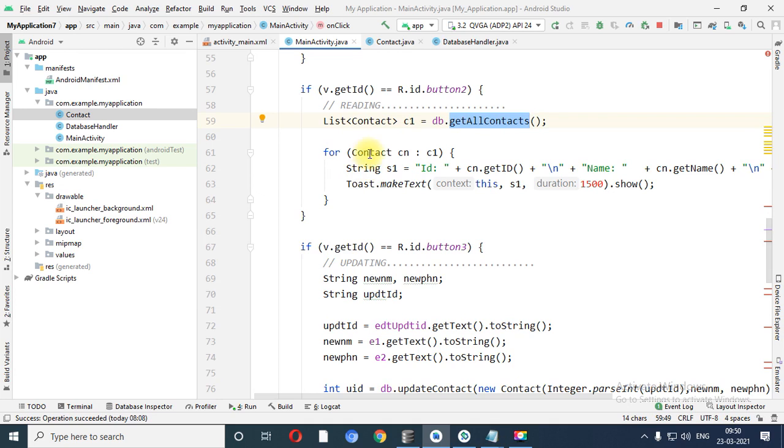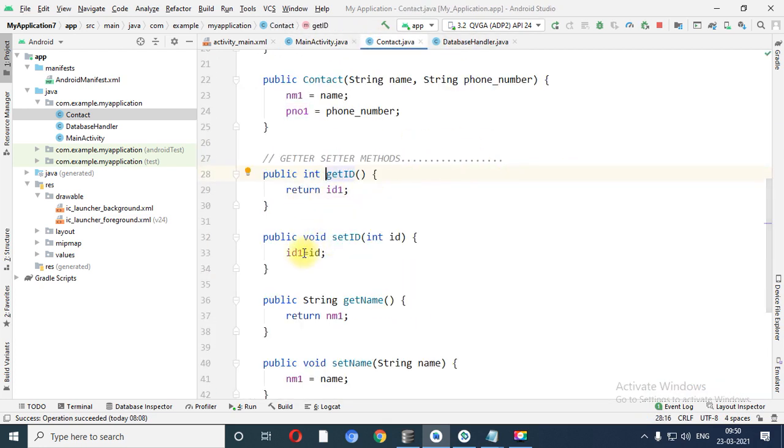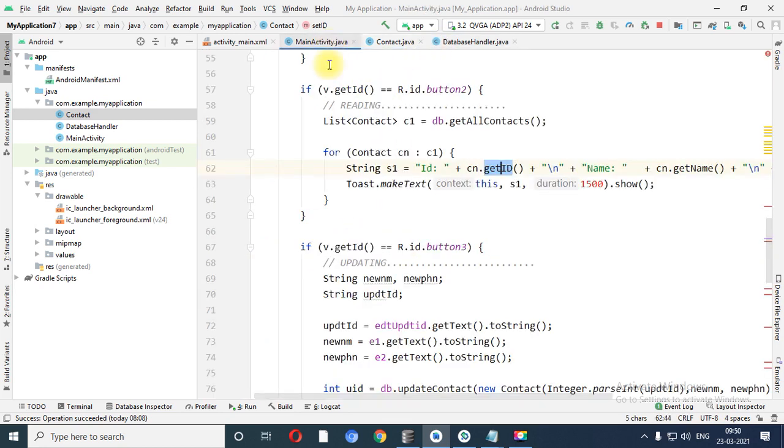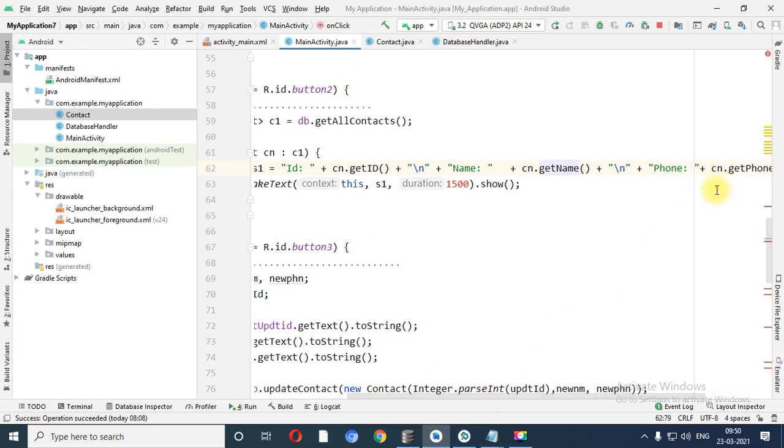Over here our data is returned in the form of list of contact. Now we need to copy each row into the cn, and cn.getId. Now see how it will return contact.getId. So ID is already set using setId. So 1 will be returned over here. So ID 1, name Radha and phone number 98.